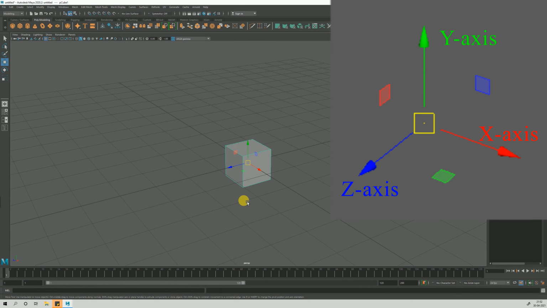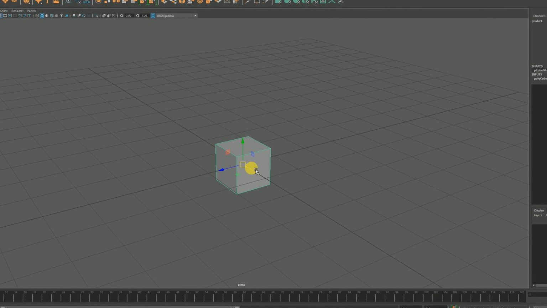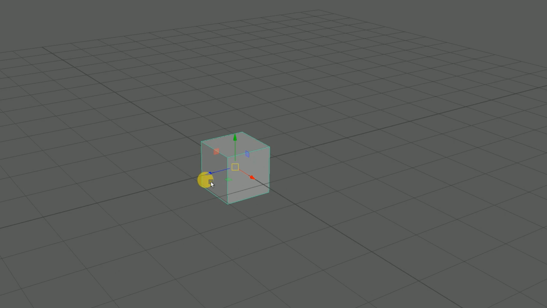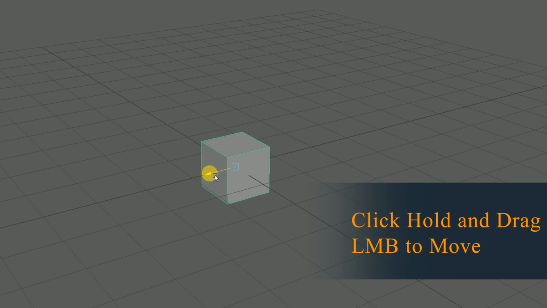So how are you going to use them? If you move your mouse on top of them, you will notice they turn yellow. If you click and hold your mouse, then you can move them.